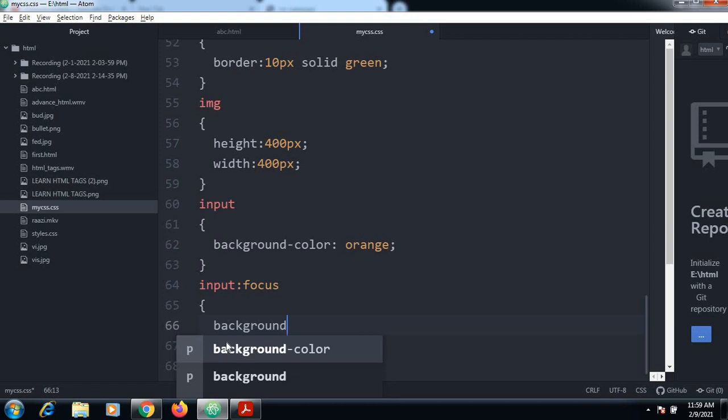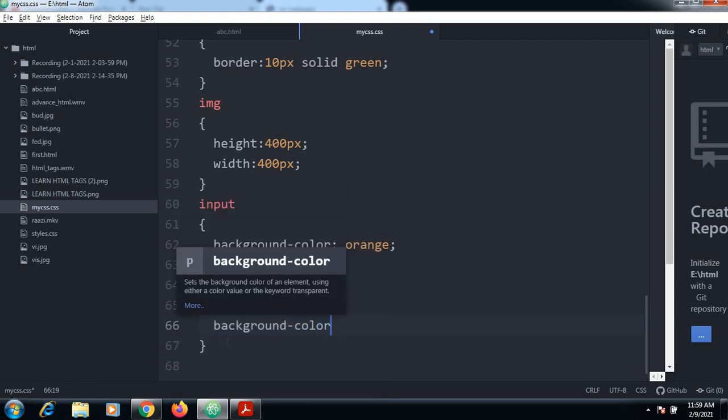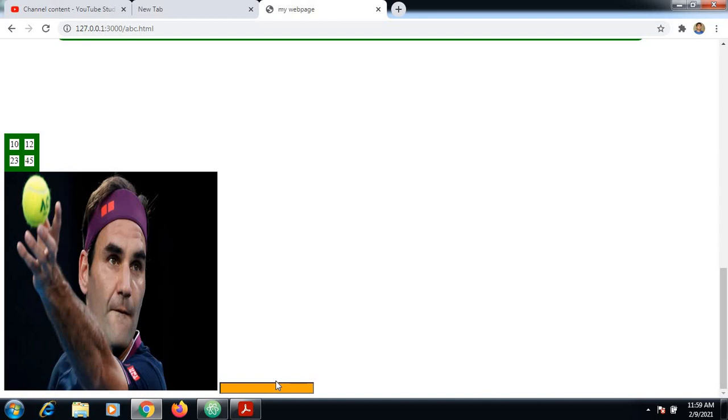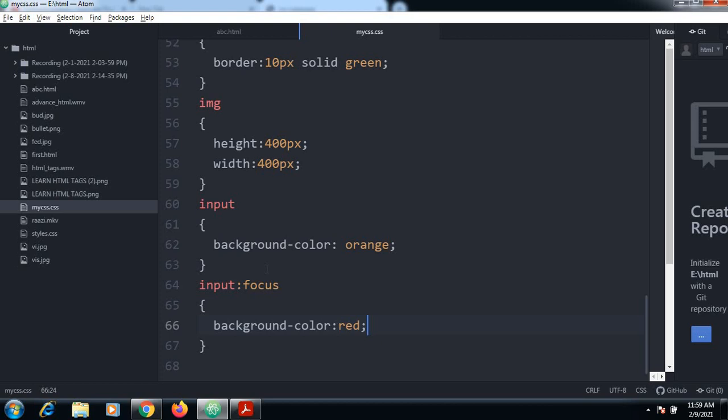I'll change the background color to red. So when the user enters here, the color will be changed to red. So that is the advantage of using this focus.